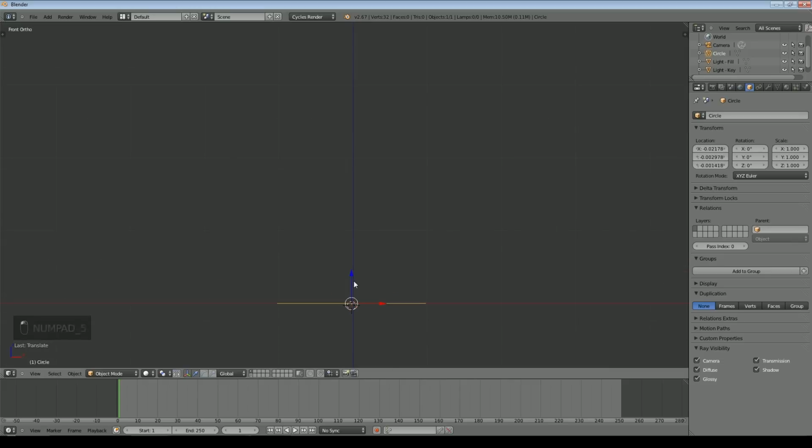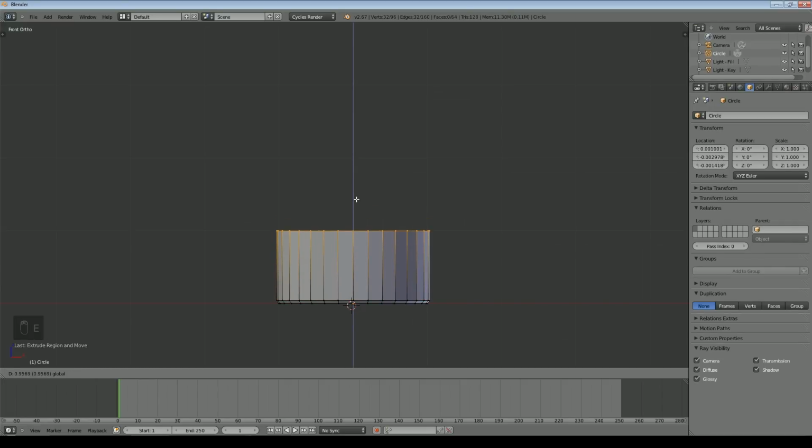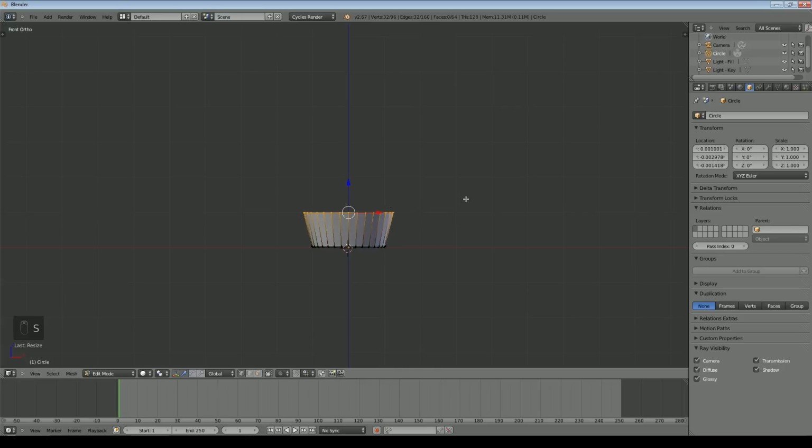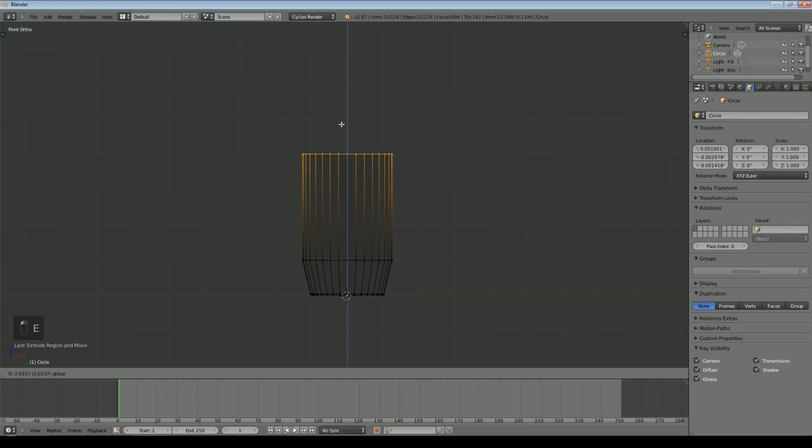So we'll start right at the bottom, go into edit mode, press E and then extrude out a little and push it up a little just to give a slightly rounded bottom. Then E again. It won't necessarily be exactly the same as the last time I did it, but it'll give a general view. I pressed Z there just so that I can see through the mesh, which I'll need to do in a minute. E again, we'll take it up there, expand it out slightly. I'm just thinking something like that.